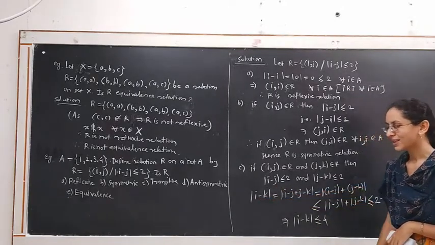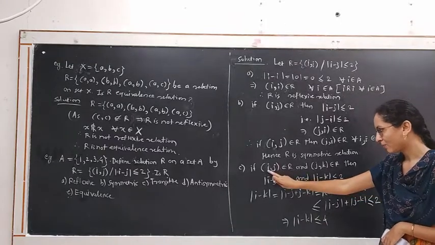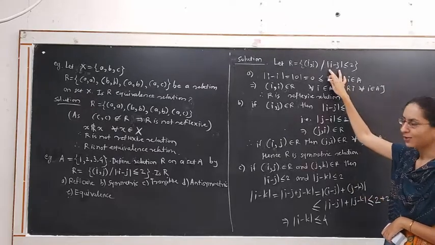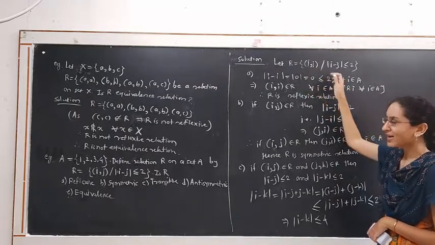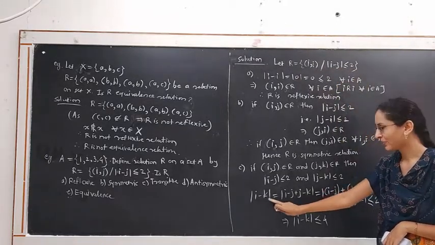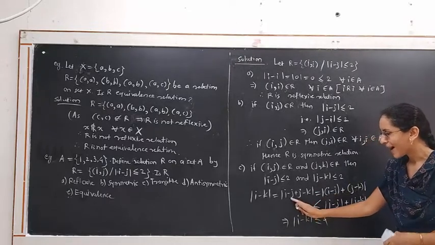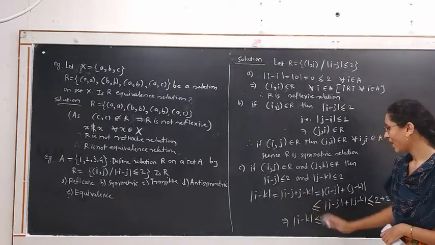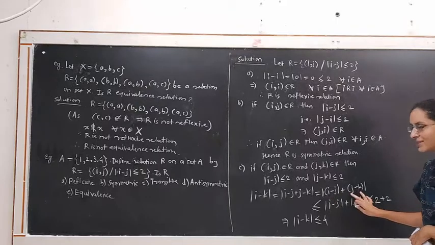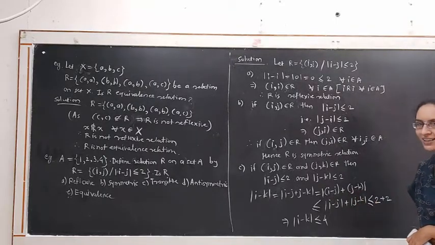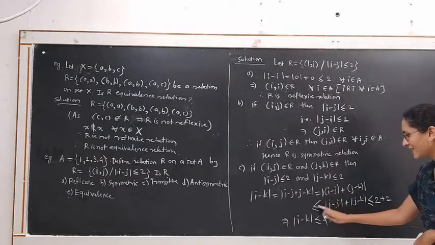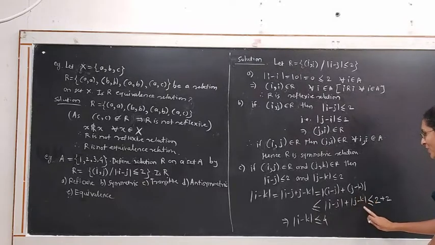Consider mod of i minus k, because we want to check whether the ordered pair (i, k) belongs to R or not. The ordered pair (i, k) belongs to set R whenever mod of i minus k is less than or equal to 2. So consider mod of i minus k. I am writing minus j plus j inside this modulus. This is equal to mod of, in the first bracket i minus j, plus in the second bracket j minus k. By triangle inequality, this is less than or equal to mod of i minus j plus mod of j minus k,